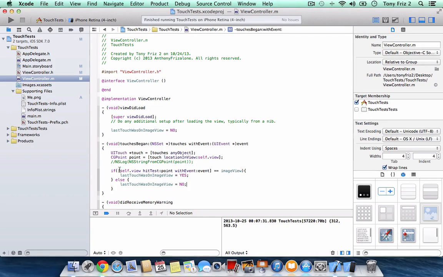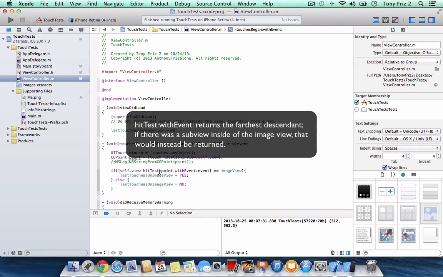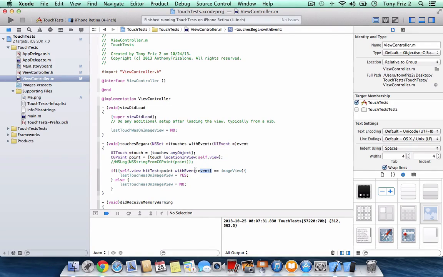So we message the view and we call the hitTestWithEvent method. We pass in a CGPoint, the point we grabbed here, and the view will check at that point and see if there are any subviews at that point contained inside of it. If there are, it'll return a reference to that subview. So, in other words, if the image view is located at this point, this method will return that image view. And this if statement will test true. So now we have a Boolean value that stores if the last touch that the user's finger made on the screen was at the point that the image view